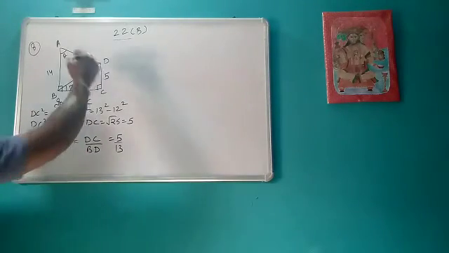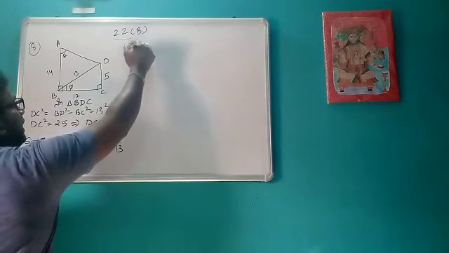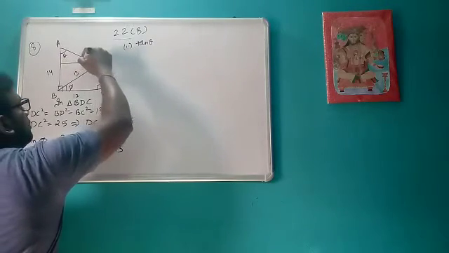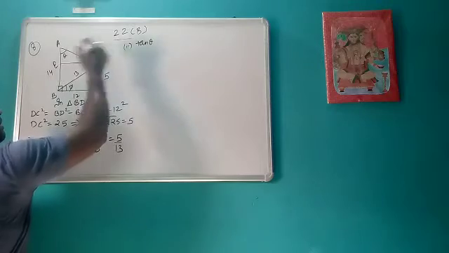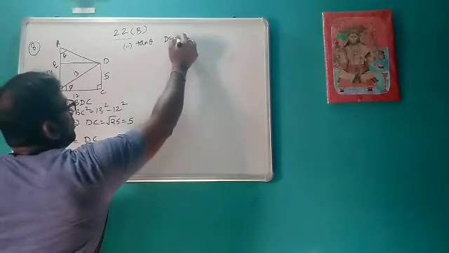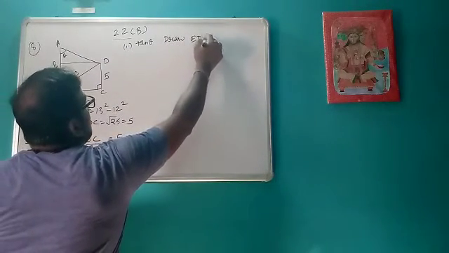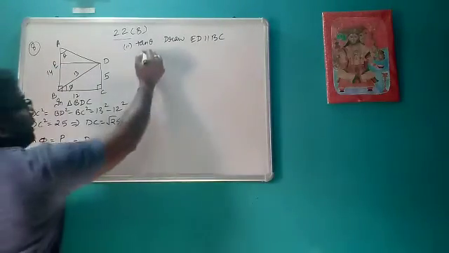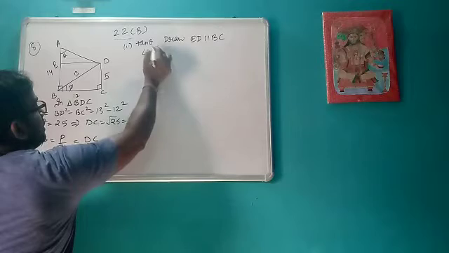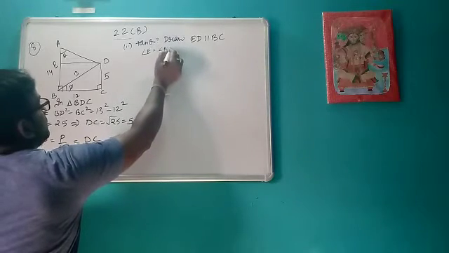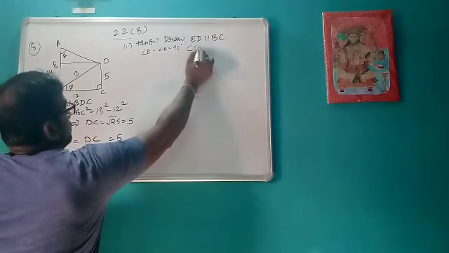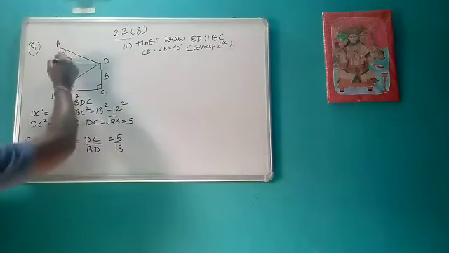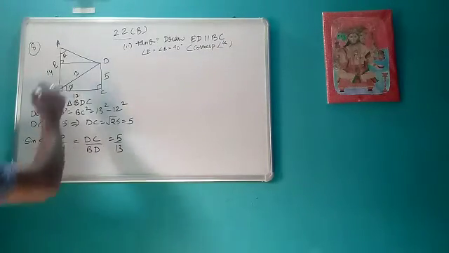Now for finding the value of theta, what we will do? We will draw a line parallel to BC like this. So we will draw ED parallel to BC. After drawing this ED parallel to BC, what we came to know, that angle E is equal to angle B is equal to 90 degree, because they are a corresponding angle pair. Okay, they are forming a corresponding angle pair, this and this.